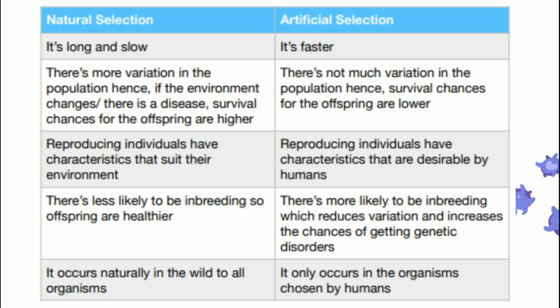Natural selection, reproducing individuals have characteristics that suit their environments, and then artificial selection, those individuals have characteristics that are desired by us humans. Natural selection, there's less likely to be inbreeding, so offspring are healthier. Artificial selection, there's more likely to be inbreeding and the chance of getting genetic disorders,